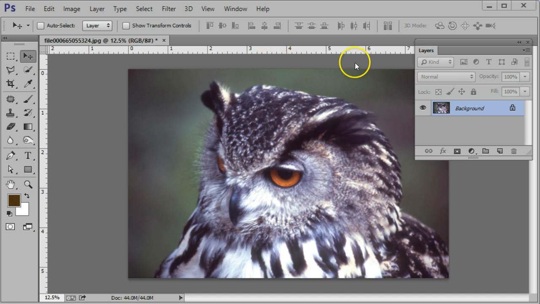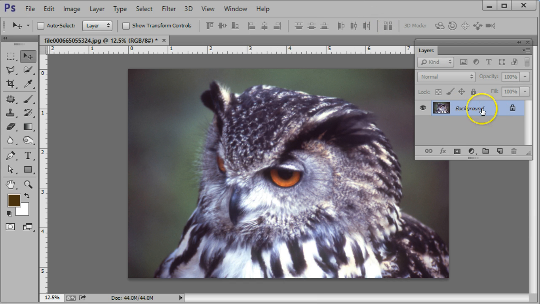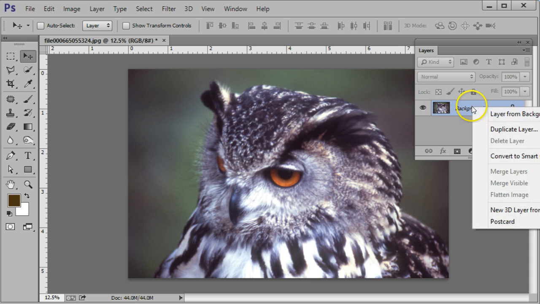it up inside Photoshop. I'm going to come over to the Layers panel. Remember, if your Layers panel is not visible, you can find it under Window and Layers, or the hotkey is F7. And the first thing I'm going to do is right-click on this background layer, and I'm going to